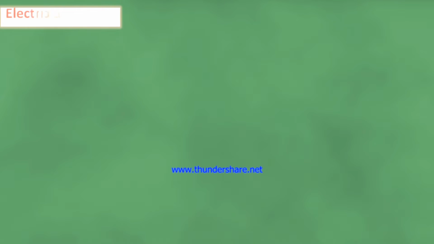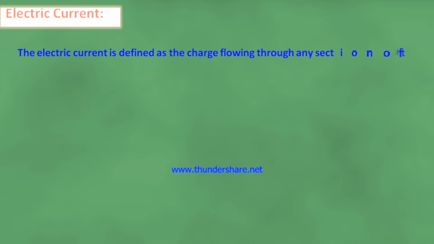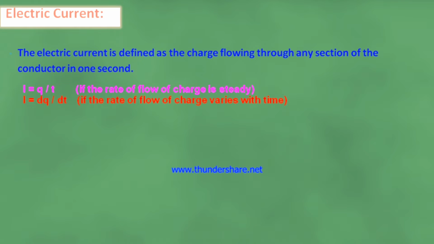Now we can see the electric current. The electric current is defined as the charge flowing through any section of the conductor in 1 second. That is I equal to Q by t, and I equal to dQ by dt. I equal to Q by t if the rate of flow of charge is steady. If the rate of flow of charge varies with time, it is known as an instantaneous